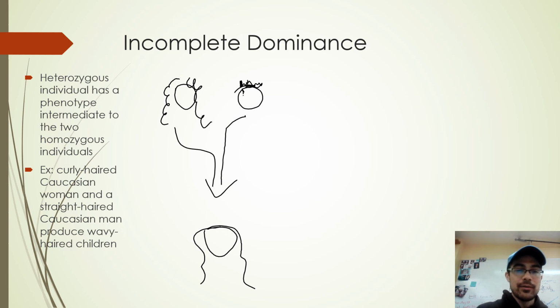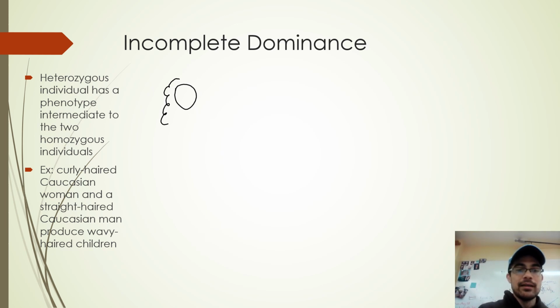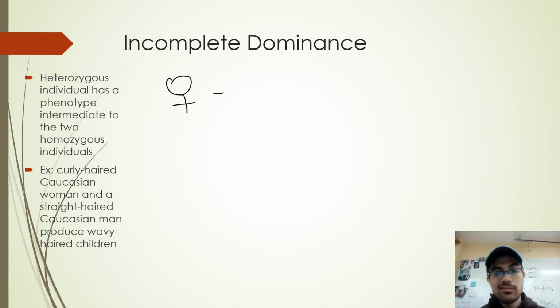So let's look at what the phenotypes would actually look like on those two people here. The letter doesn't really matter too much, so let's use H for hair. The dominant one is technically straight hair, whereas curly hair is a recessive gene. So in this case, the woman would be lowercase h, lowercase h, and the male